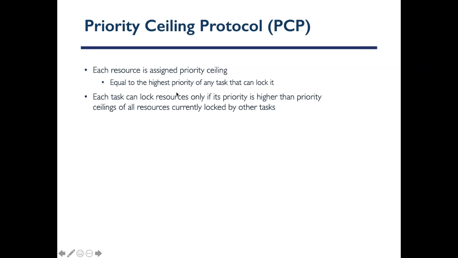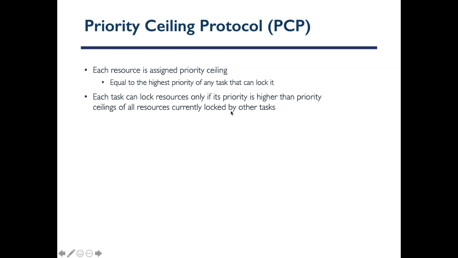Then we're going to allow each task to lock a resource if and only if the priority of that task is higher than the ceiling of all resources currently locked